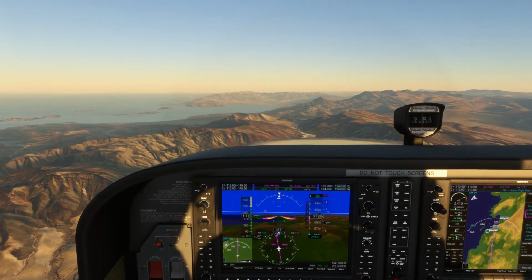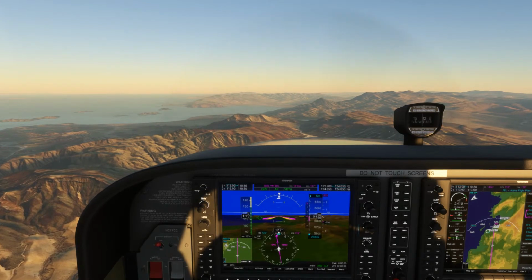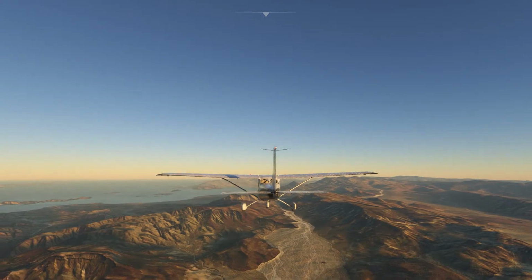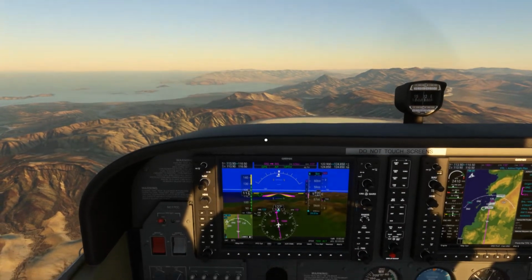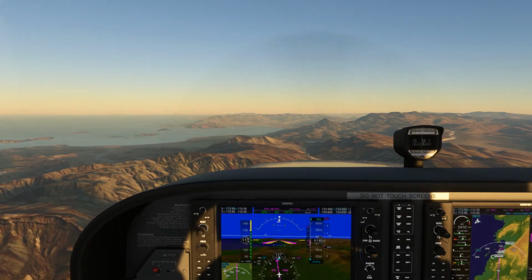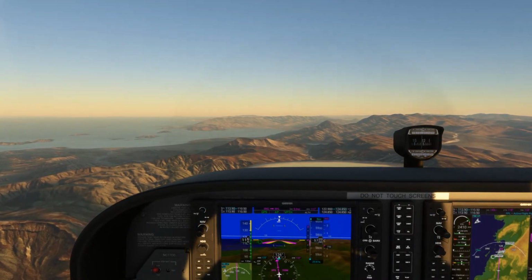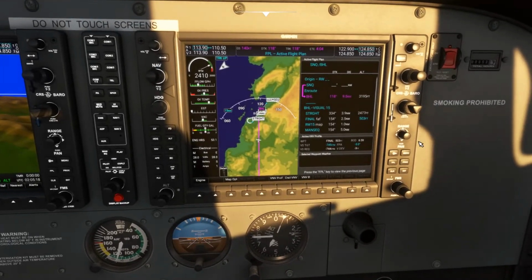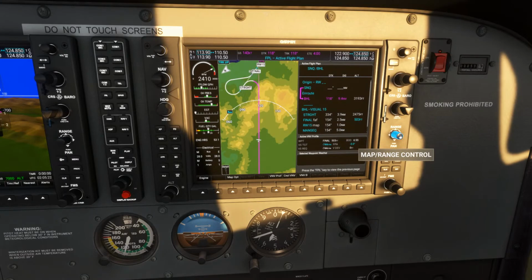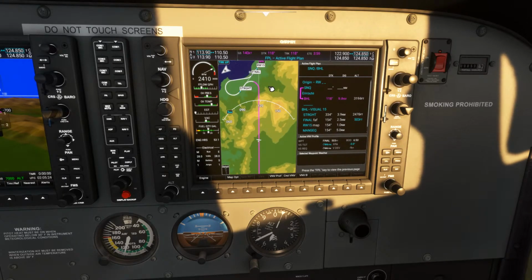You know what I might do because of that? I'm just looking at that mountain there. I just want to make sure that I do clear it. Zoom in here. So we're going to be going right over there.